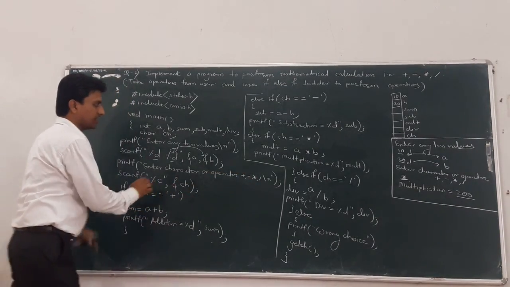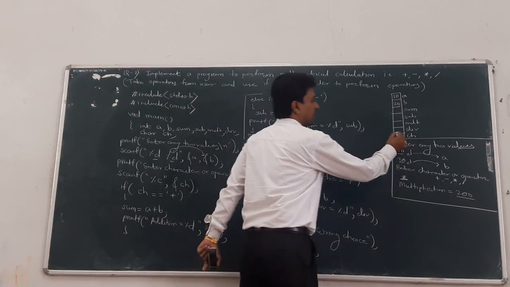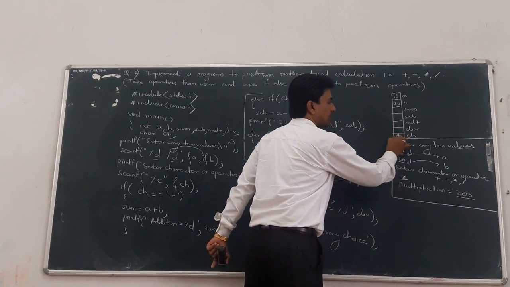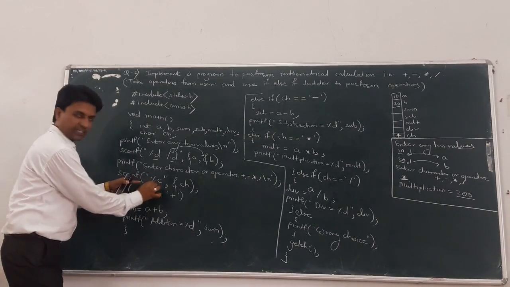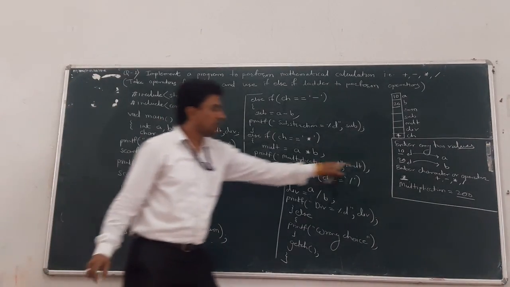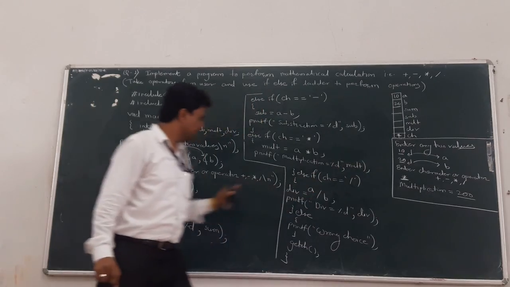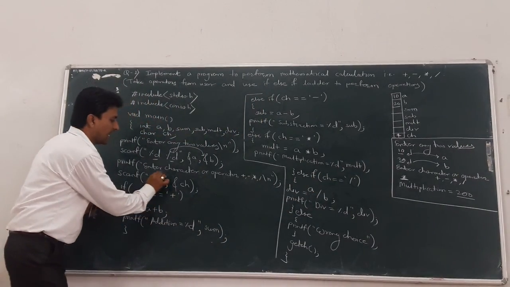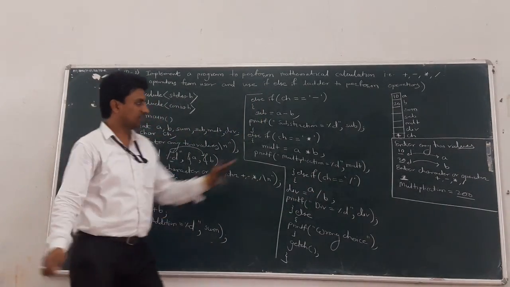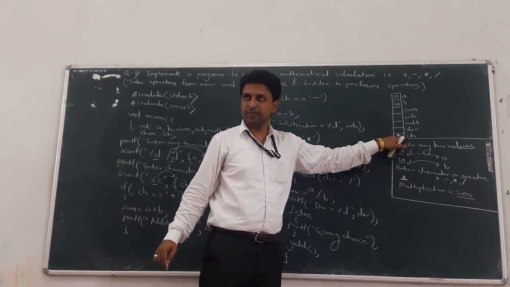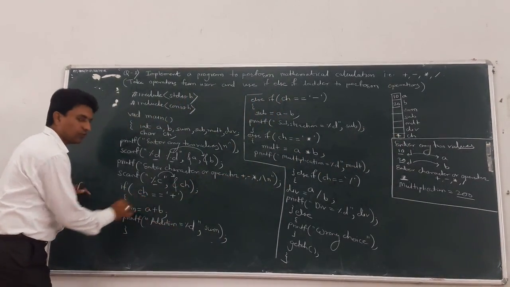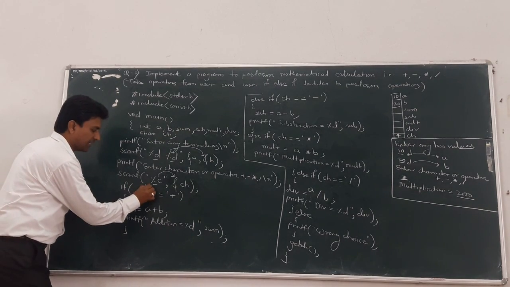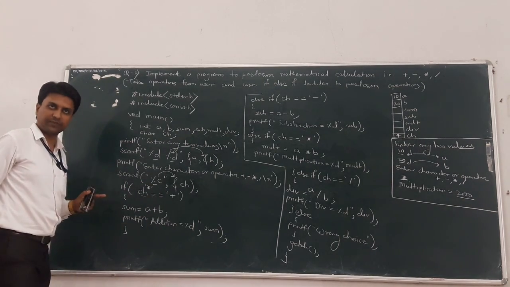Suppose the user enters the multiplication operator, and then the multiplication operator is stored into the ch variable. Suppose the cursor is blinking and the user enters the multiplication operator, then where is this multiplication operator stored? At the address of ch, that means here on the RAM. Okay, after that, now what is the ch value? Ch is single quotes star.